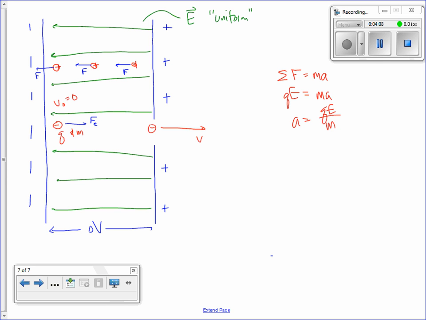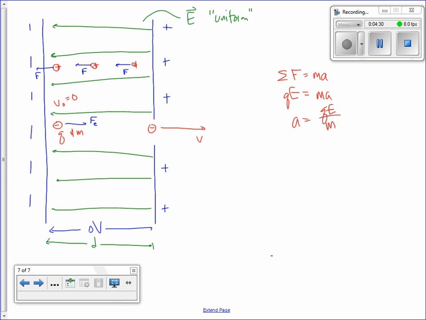Not at all an uncommon thing to have to do. Now, if we wanted to find the speed v, we'd have to know something else, right? We'd probably have to know how far apart these plates were. So let's say we knew that. If we know that these are a distance, let's call it d, apart,